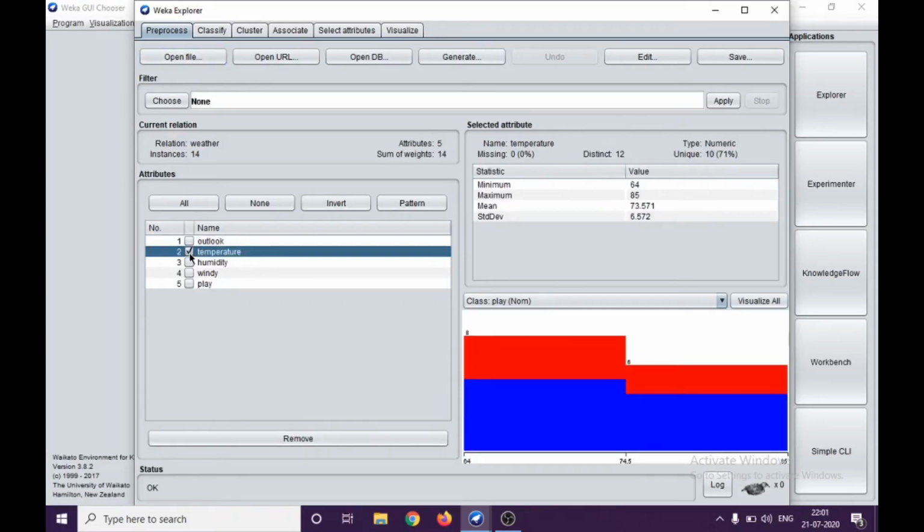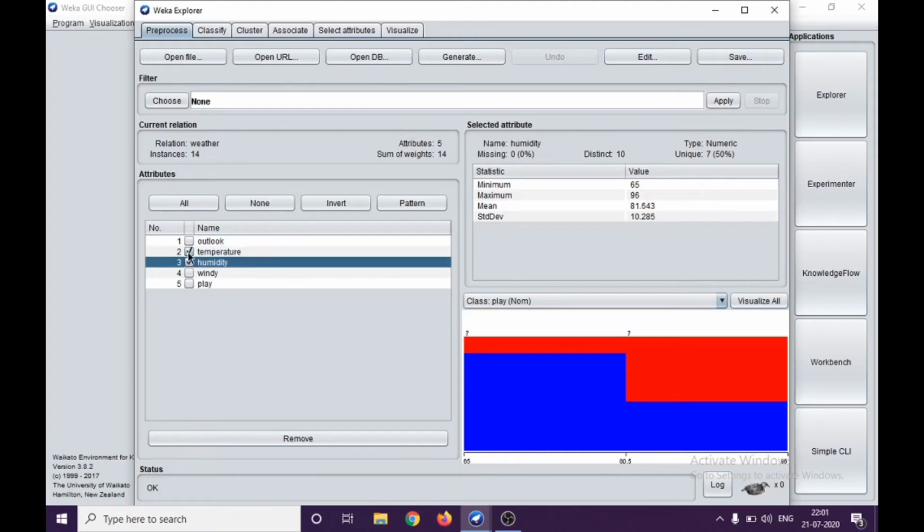If you go to temperature, you can see that there are 12 distinct values. Two of them are repeating, and we have 10 unique values here. The minimum value of the temperature is 64, so I think this is given in Fahrenheit, and the maximum value is 85. Then we have mean and standard deviation also for the purpose of analysis.